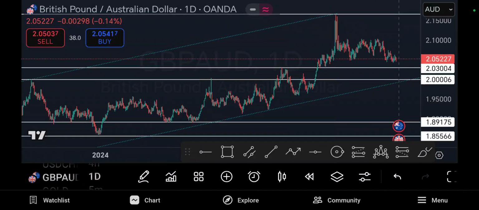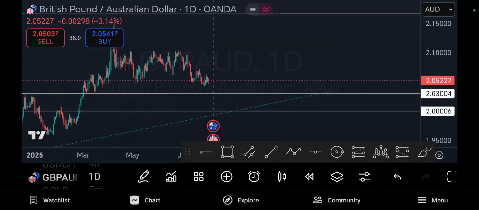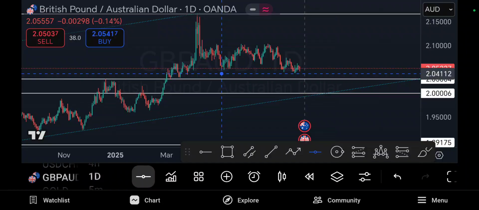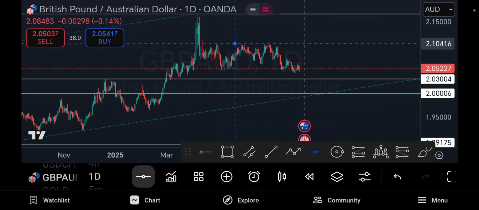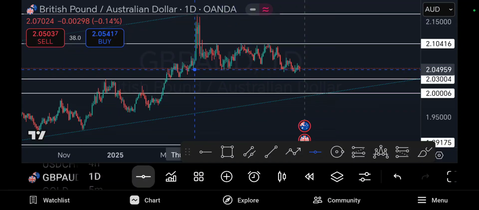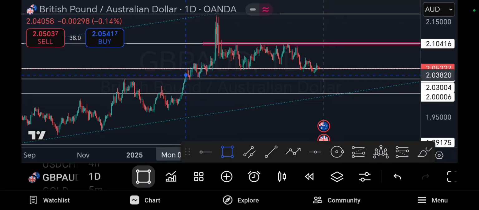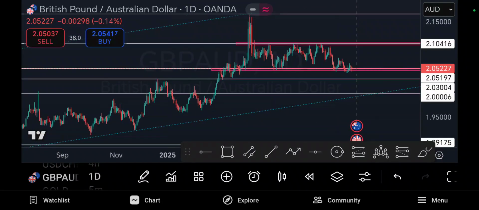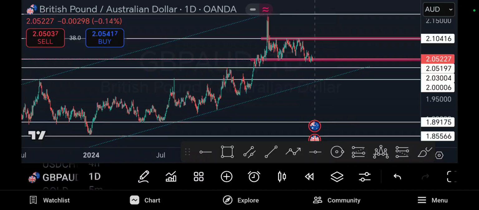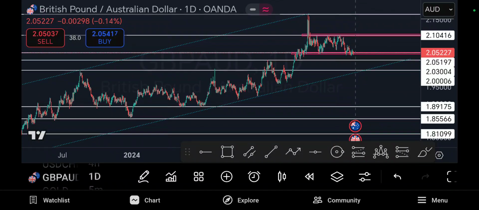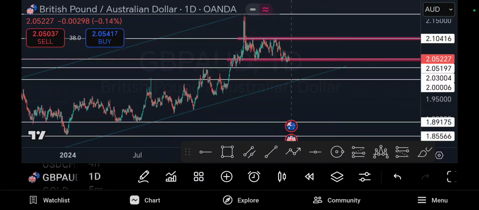Cool, right? So now focusing on the current market. The current market is this area here and this area here, which is a zone. We can use a rectangle to mark out a specific zone, which is this whole area here. As you can see from looking at the current market right now,